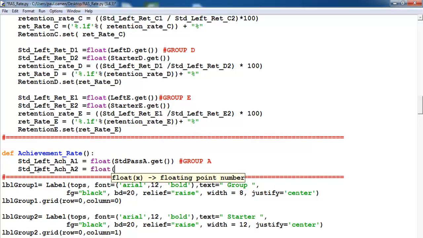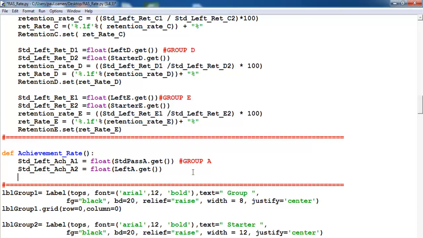Okay, float left A dot get. Now let's go for achieve rate. That's another variable. Achieve_rate_A equals